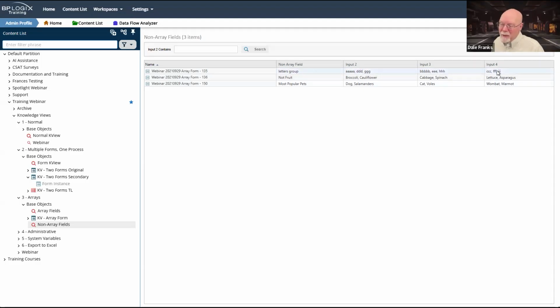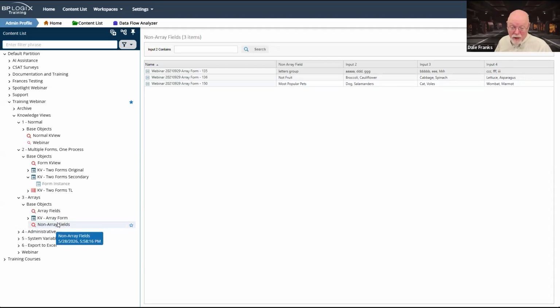But because it's not in a tabular format, we have to do some extra thinking because I've got A as my first column, and then in input 3 on the second row, I've got B, and then on the third row, I've got C. So it's difficult to see what the relationship is between each of these three different fields because I'm just returning them as values. They're not tabular. And so it just makes it a little bit harder to read.